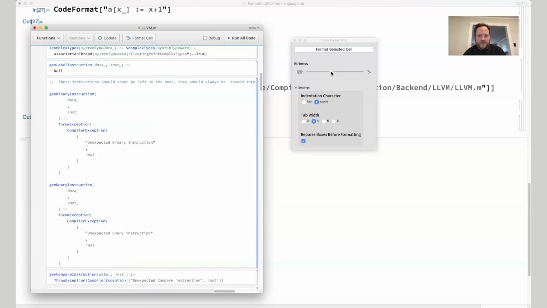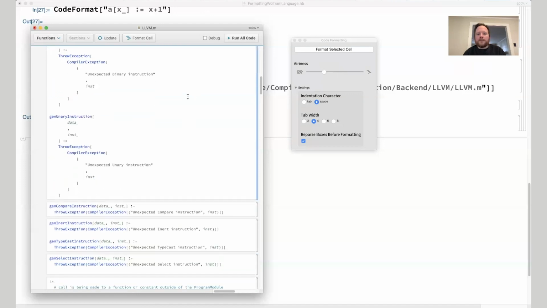So there's a specter, so I don't even know if I'm setting it to the original value or not. But yeah, you can see that there are tabs. You can say tabs and spaces. I'm not picking and choosing one or the other. You can change that, and you can change the tab width as well. And then hopefully you'll always just want the reparse boxes before formatting, which is just a kind of error handling that you probably never need to worry about,